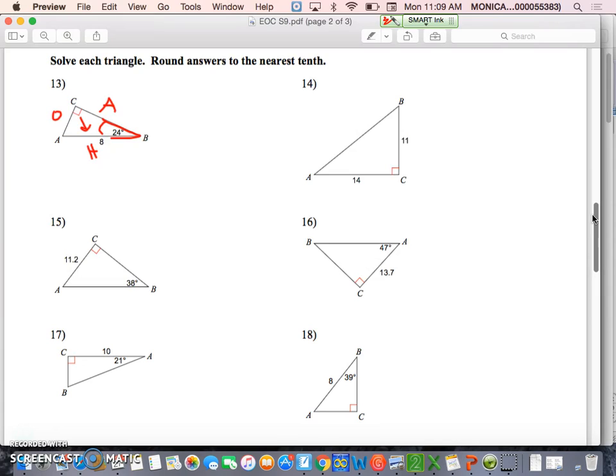All right, so the first thing I'm going to do, I'm going to have to do sine and cosine. So I'm going to do the sine of 24 is opposite over the hypotenuse, which is 8. And then I'm going to do the cosine of 24, and that's going to equal a over 8. And then I'll be able to find my adjacent side and my opposite side. So what do I do here? I hit sine of 24 times 8. So this one, you just cross multiply here. So the opposite side is equal to 3.3